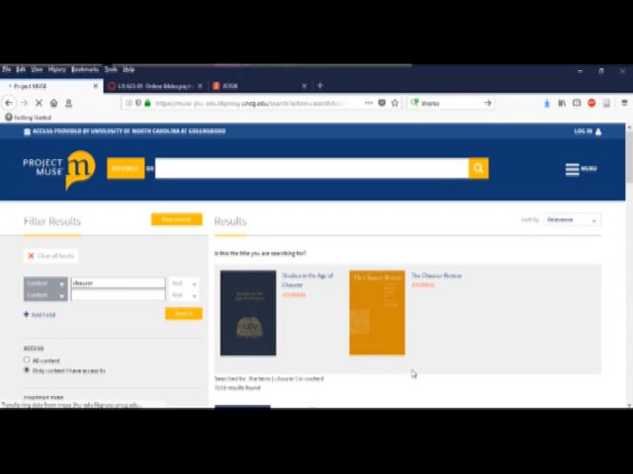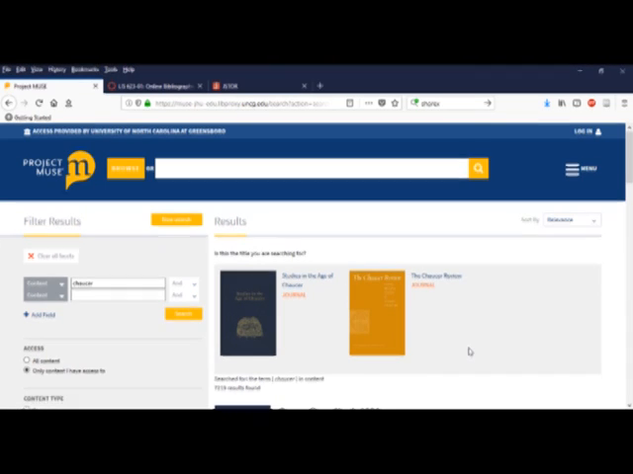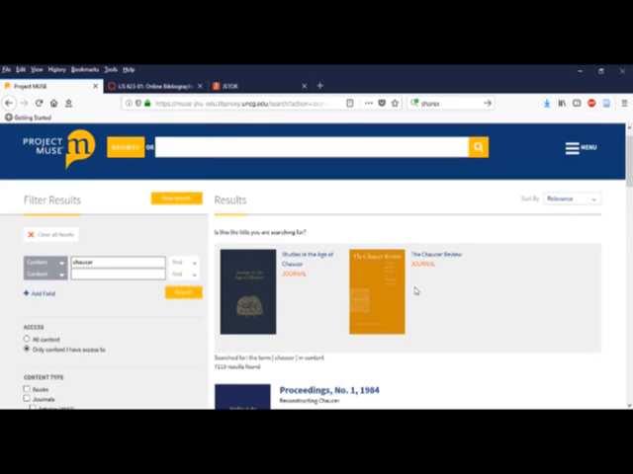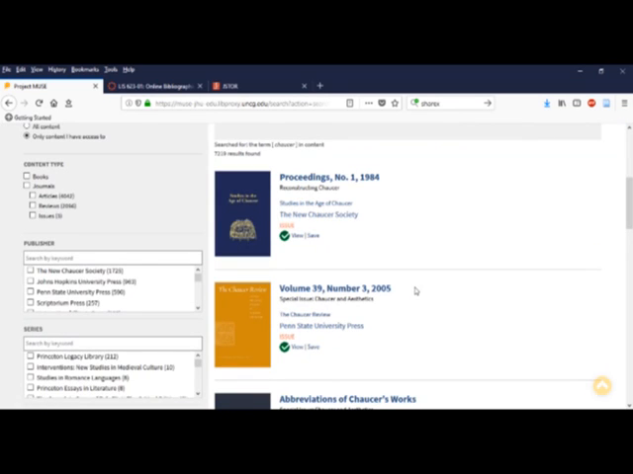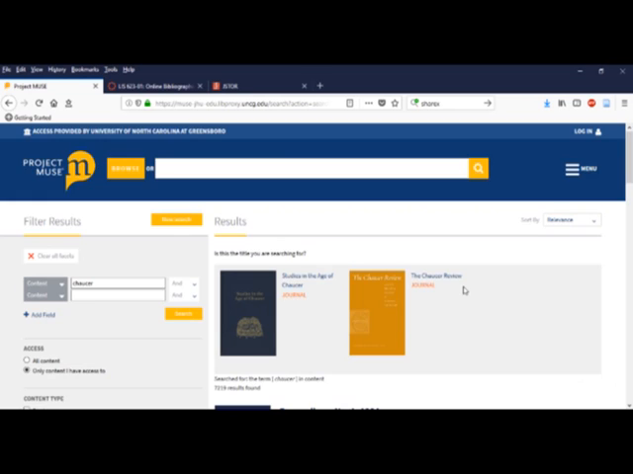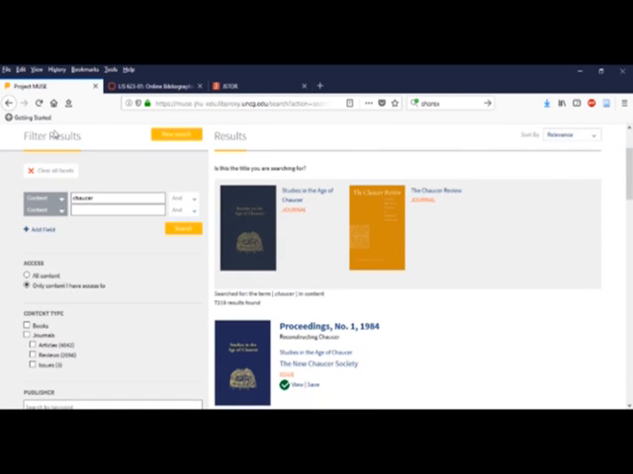If we type Chaucer in the search bar, we find a number of results, none of which are highly targeted. From the results page, we can view, download, or save items that we select. If we add a second term in the filter results column on the left, we narrow the results to a